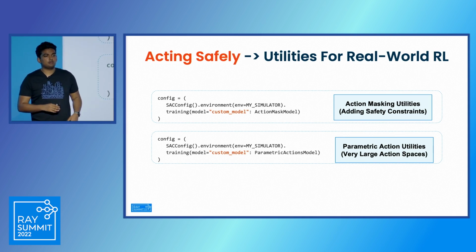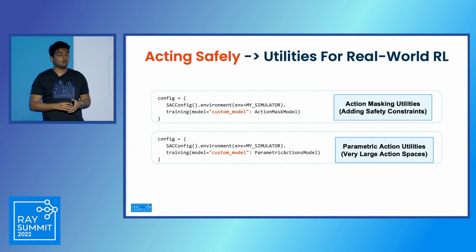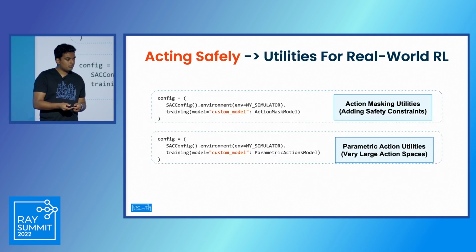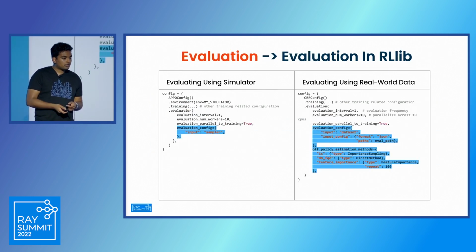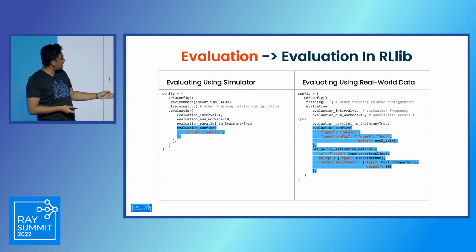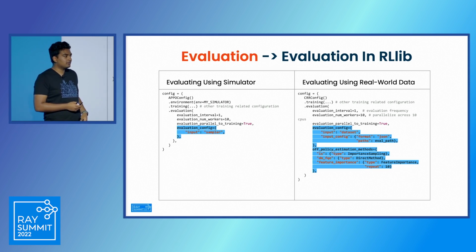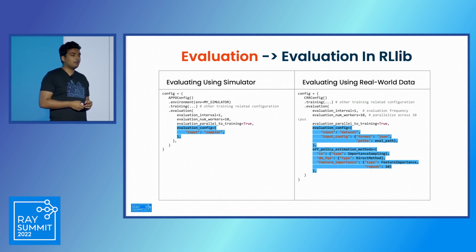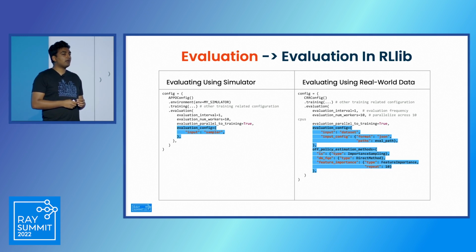Hi, can you tell us a little more about what kind of support you have for counterfactual policy evaluation? Yeah, sure. Okay, so today with counterfactual policy evaluation, you can provide your own dataset for evaluation, and we have implemented what we believe to be the standard counterfactual policy evaluation methods. So importance sampling, the different types of doubly robust methods, and then feature importance ranking. We haven't implemented any more right now.